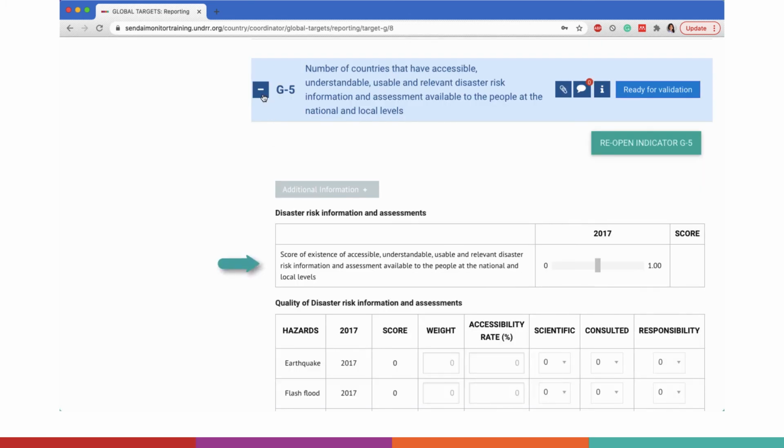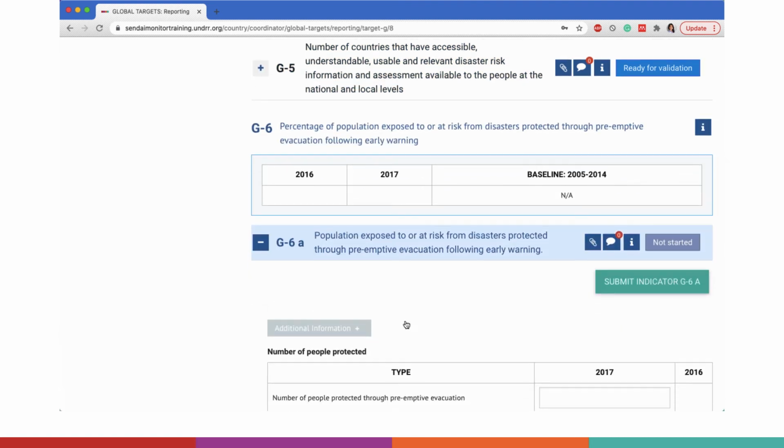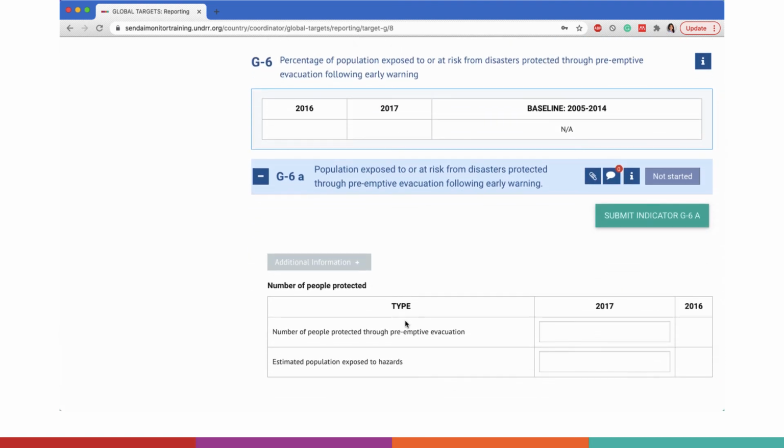Once the required data is entered, click on Submit Indicator G5, and the score of the indicator G5 will be generated in the system. Indicator G6 is on protected population through preemptive evacuation following early warning. To compute this, click on G6A and enter the value for the number of people protected through preemptive evacuation, and also as a denominator, the estimated population exposed to hazards.